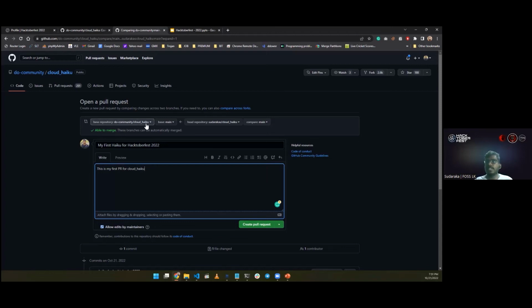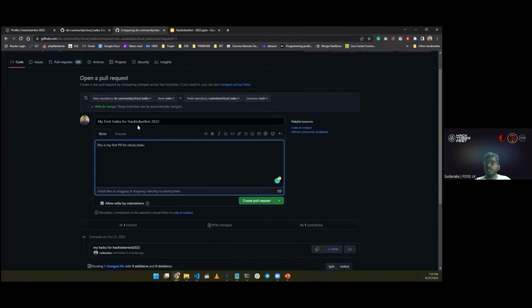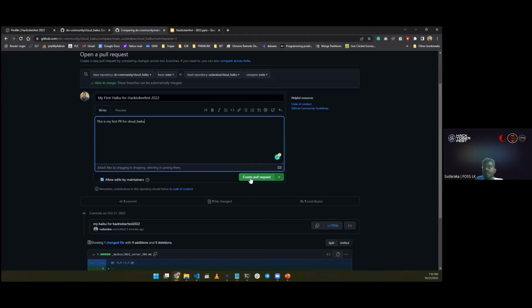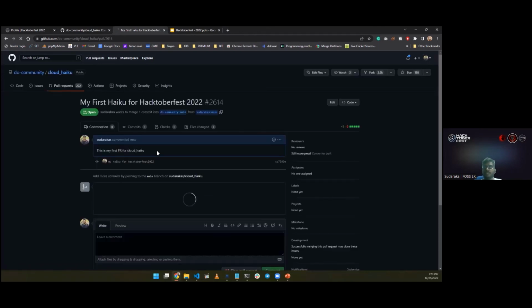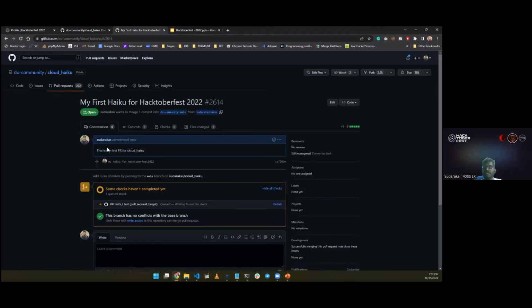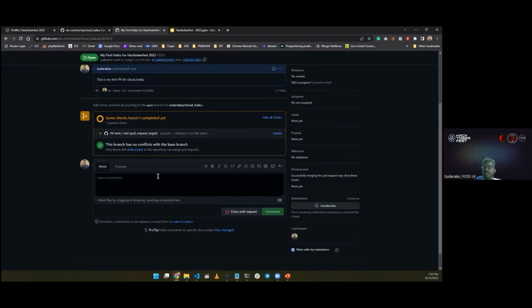When you create the pull request, make sure you check these things as well. You are going to push the changes to the base repository, which is the original repository, from your personal space. You can see from my personal space repository to the original repository. After that, you can hit the create pull request button like here. So I'm going to click the create pull request button. Now your pull request has been sent to the original repository. One of the project, what we call the repository maintainer, should accept this, verify the changes and merge the change request to the original branch.